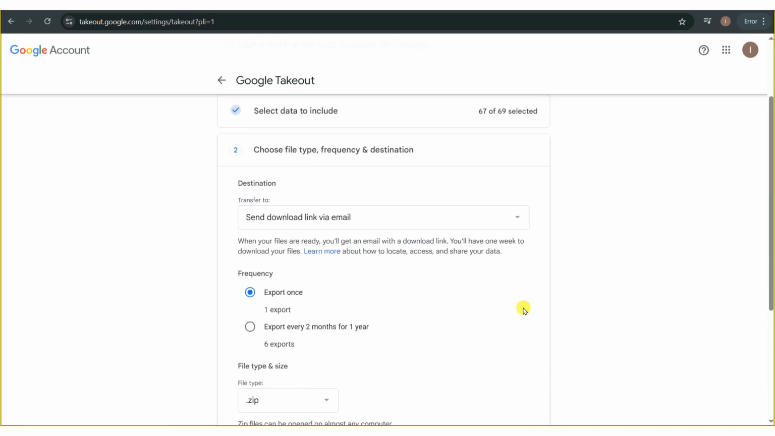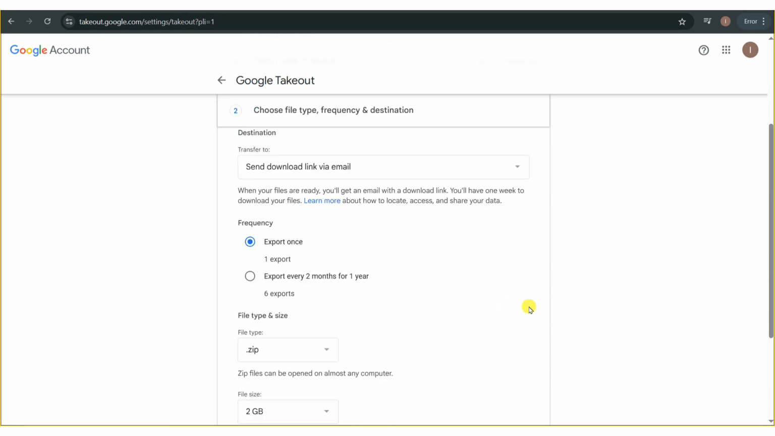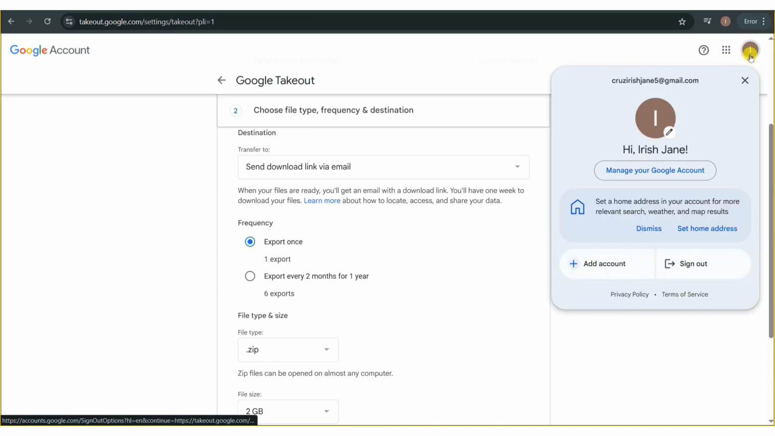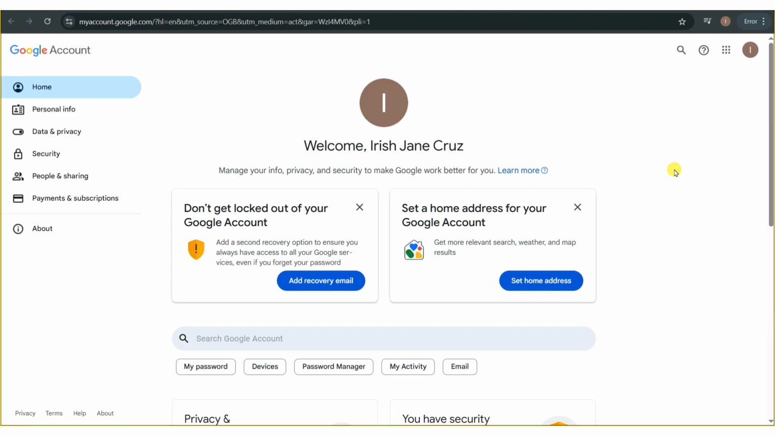Now on the next step, you'll need to select the destination of the download link, the frequency, the file type and size, and the file size of your Google Takeout. Now after you're done with this, what you'll need to do is to go ahead and head over into your Google account. So click on that manage your Google account button, and that will take you into your Google account